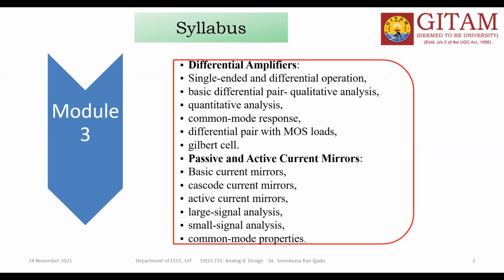In the differential mode of operation, instead of taking one end of the output, we'll take the two ends. The output is collected from the two ends. Everywhere the common is ground. The fixed potential terminal is the ground terminal. In the single-ended, there is one output terminal, and we always collect the output with respect to the ground. Whereas in the differential mode, we have two nodes, and from the two nodes we will collect the output, each node with respect to the ground.